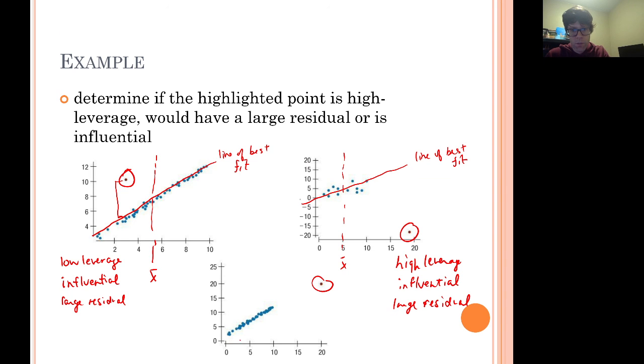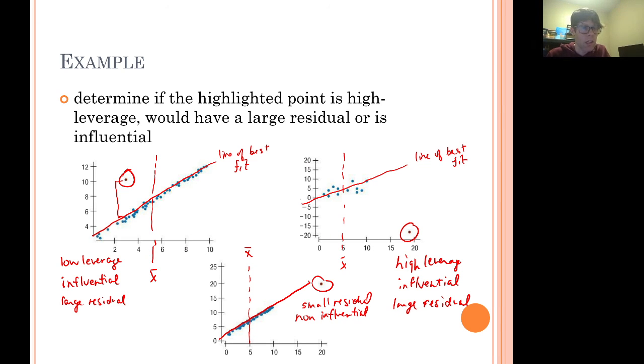Again, values are somewhere between 0 and 10, so 5 is probably going to be our average. And we have a line of best fit that's kind of running through something like this. There's our line of best fit. Now, this is an interesting kind of outlier because it is high leverage, but it's not really going to be super influential on the model, and it also doesn't really have that big of a residual. If you notice, it's really close to the line of best fit, so it's going to have a small residual, and it's going to probably be non-influential